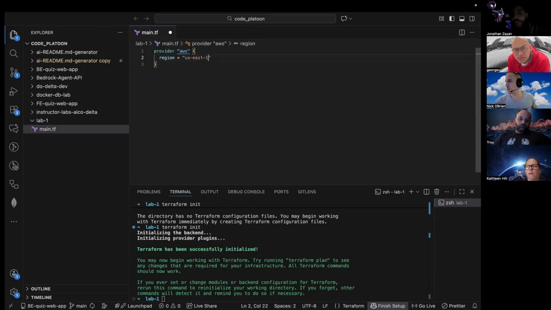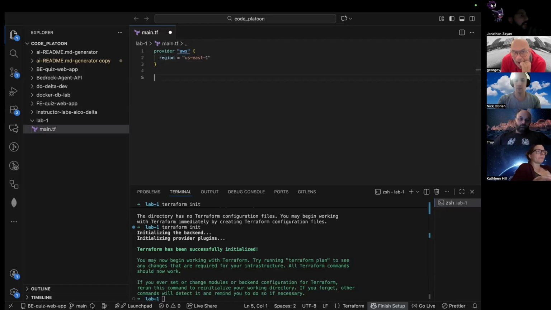But most of the time, it's just because something's not completed or utilized. So we just keep rocking. So here we have the provider, AWS, the region, US East 1. We literally just wrote our first block of Terraform code. This is a legitimate block that's telling us who to use and specifically which region. So that's the provider.